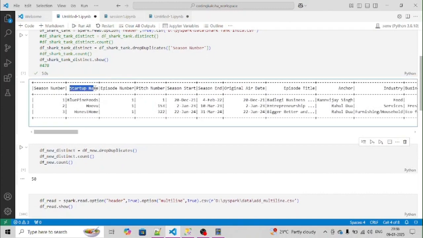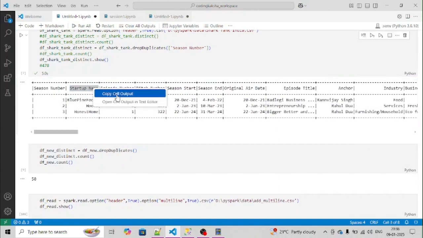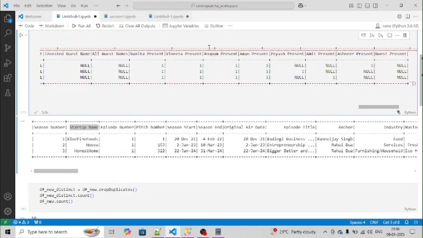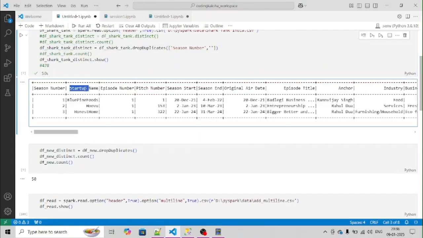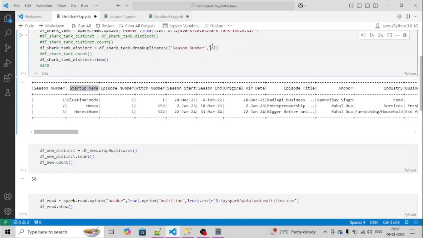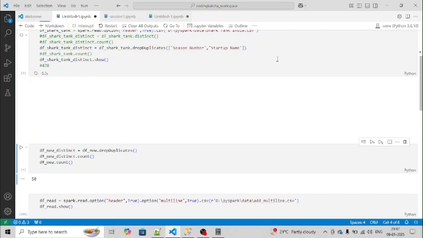But if you use the startup name as well, so let's use startup name, just give the comma and give the startup name. Now let's run this.